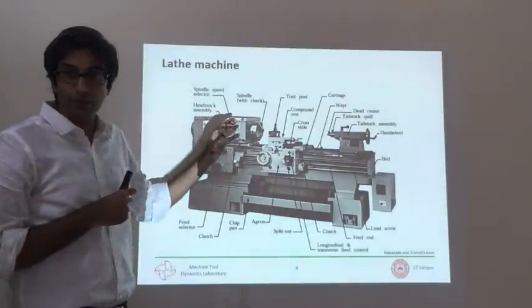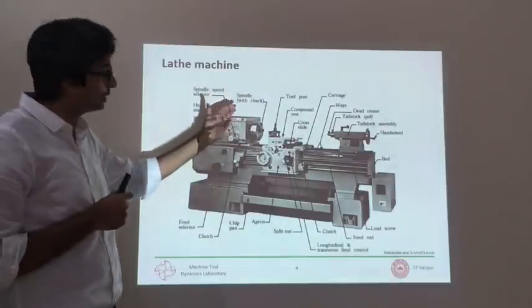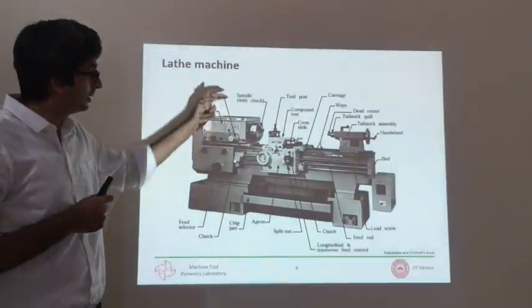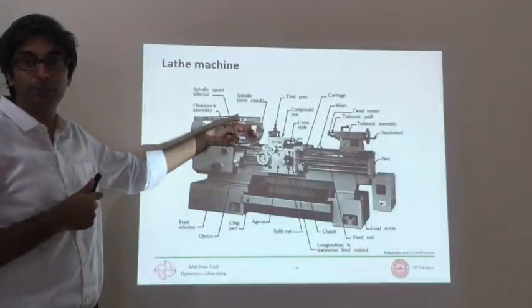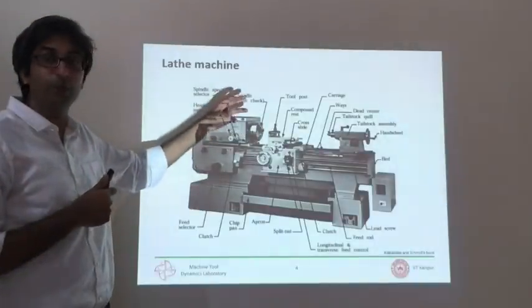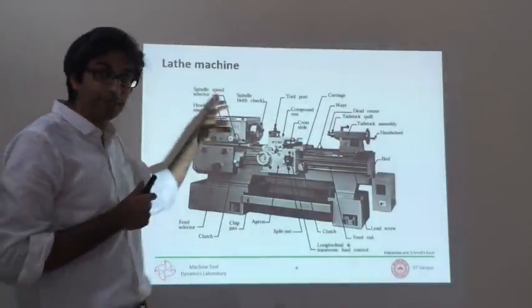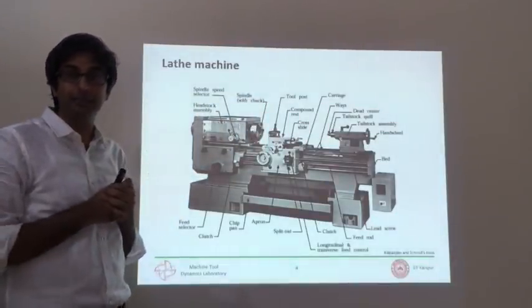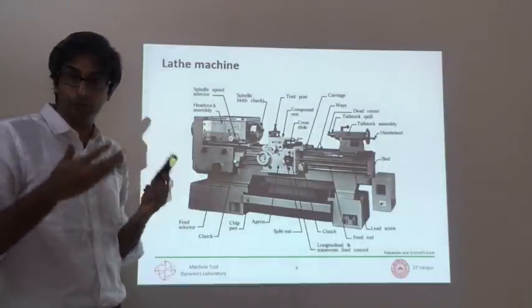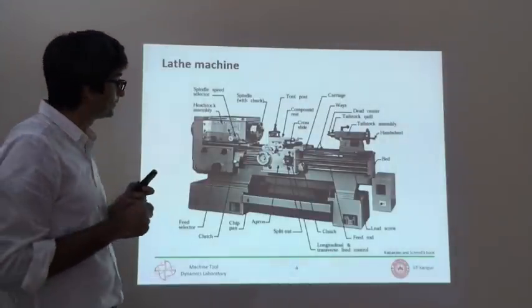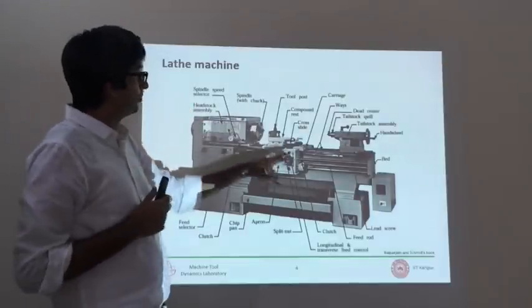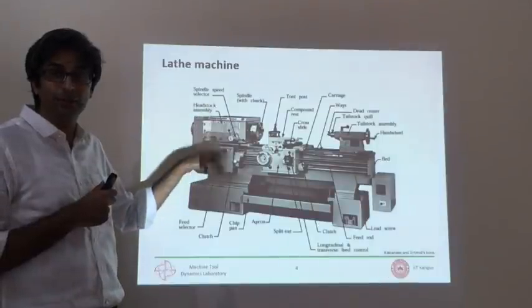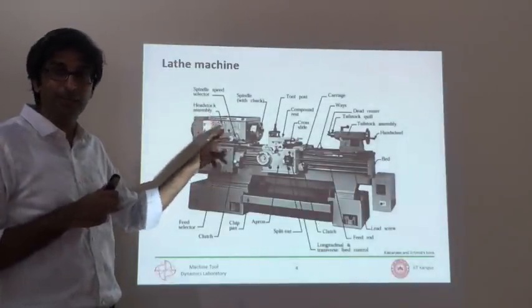So this is the headstock. Inside there are pulleys and gear sets. You can change through these knobs what speed you want to operate at, and that gives you the rotation speed at which the workpiece is mounted. So this is one of the main components. This is the heart of the machine, the spindle. The spindle is typically considered the heart because that's what transmits power or torque at some rotation speed. The other important component of the machine, so you see this already has mechanisms like we discussed yesterday: it's got a gear set inside, a belt pulley arrangement, and sometimes both.